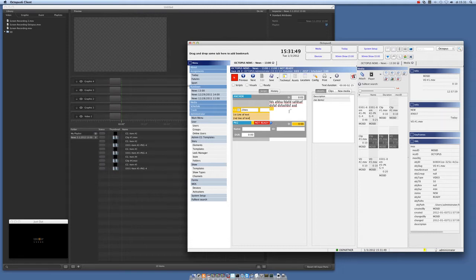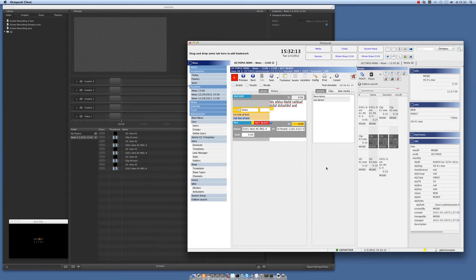So I've got an anchor text now with a graphic, but I would also like to add a package, but there is no media yet. It has to be edited in Final Cut Pro. So I let Octopus create a MOS ID, a placeholder with a MOS ID. As you can see, this is the name of the item. This is the MOS ID that we have, and this is used with ToolsOnAir and Octopus to link the export